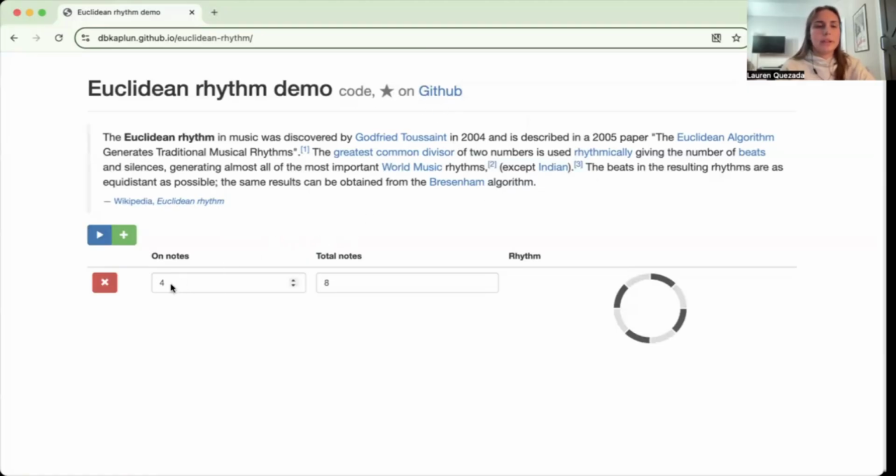On the left here, this 4 represents our hits, and on the right, this 8 represents our steps. Then you can just begin to layer them. This is a basic example of a Euclidean rhythm. So I'll start with this,